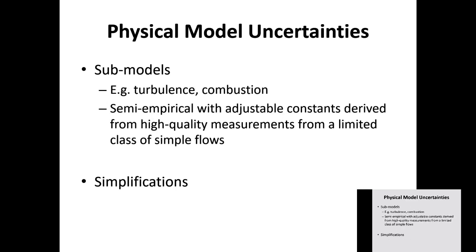Then you have what you call the physical model uncertainties. So you have turbulence. Turbulence, we model it. So your turbulence model can be different, and combustion is very, very difficult to model. You haven't even gone there. Because what happens with combustion is